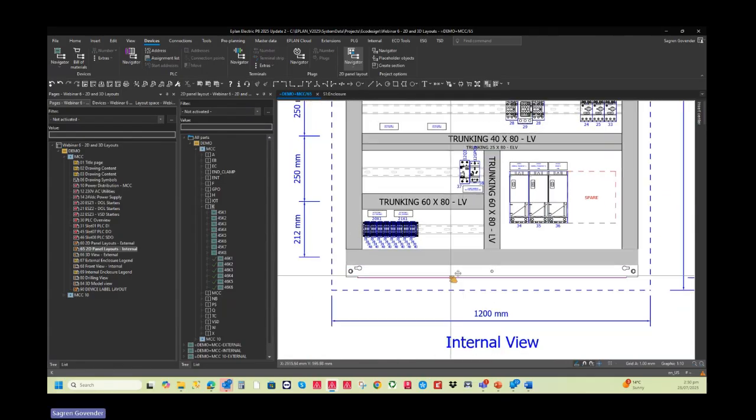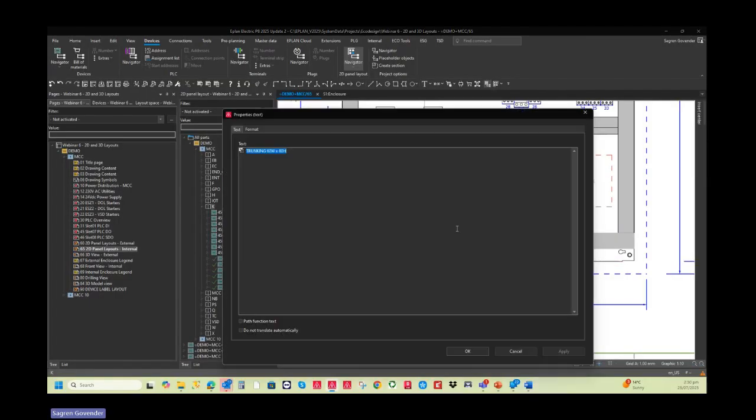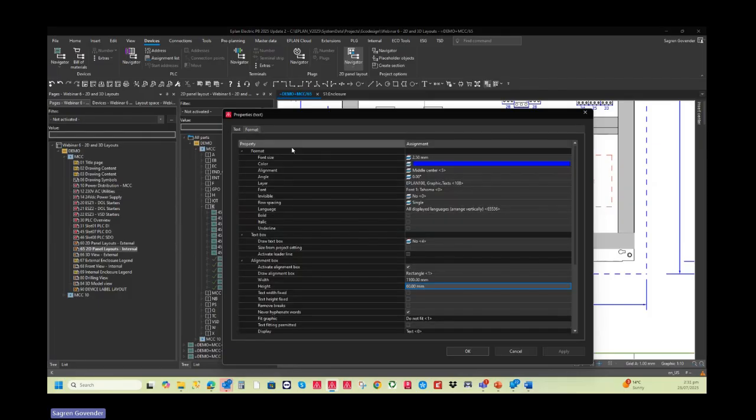So what about the text? If I want to add some text, I can go into my text. I've got my text already here, 60 width by 80 high. That's fine. If I don't have it, I'll just type it in, and I'm going to go into the format. In this case, I'm going to add an alignment box, a rectangular alignment box, also with the same width, 1100 by 60. And if I go OK,